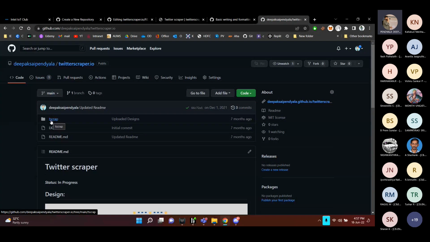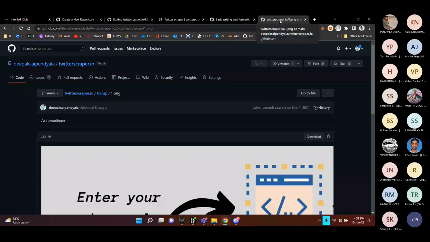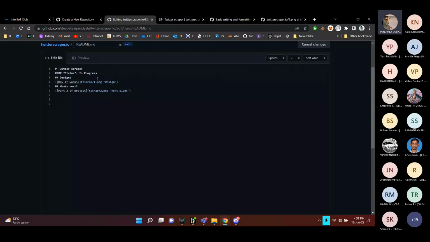Tscrap is my folder which contains these images. I'm going to that, and my first image is called 1.png. So basically, tscrap is my folder, right? So tscrap slash 1.png. That's the name and format of my file.